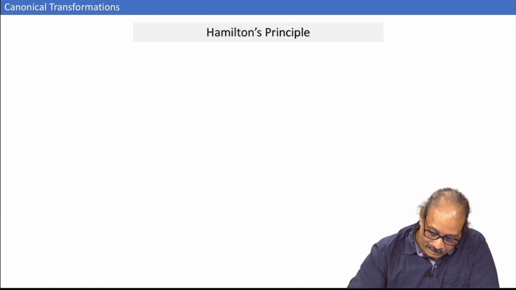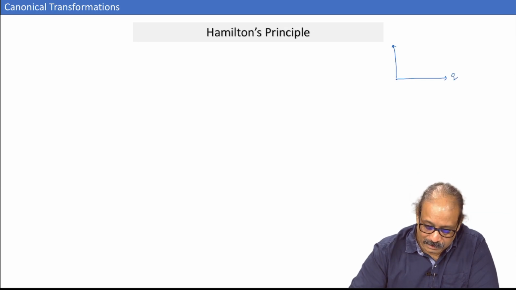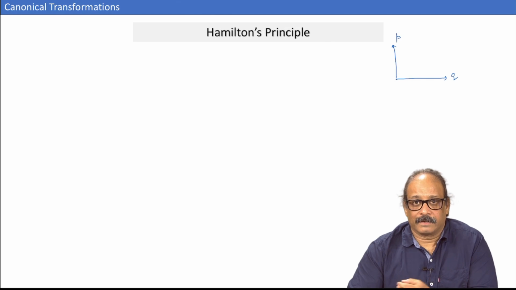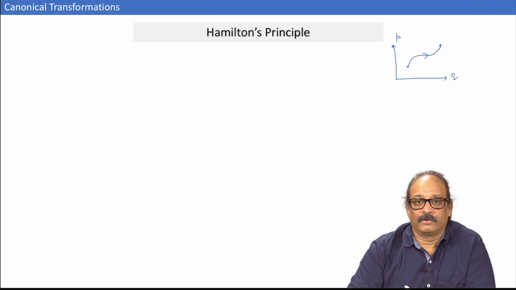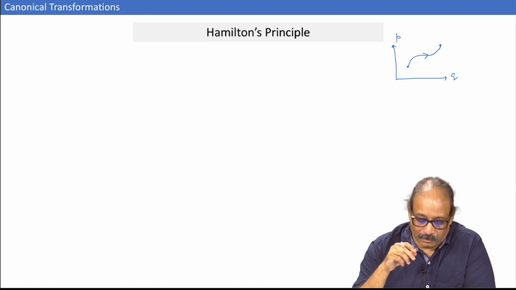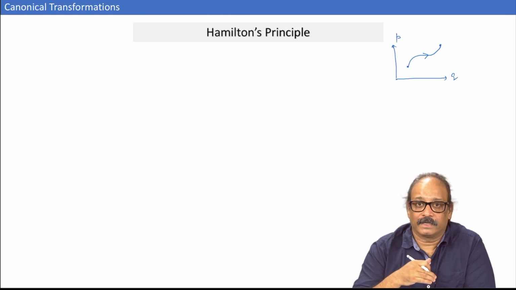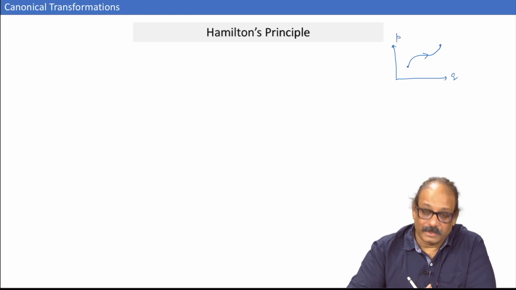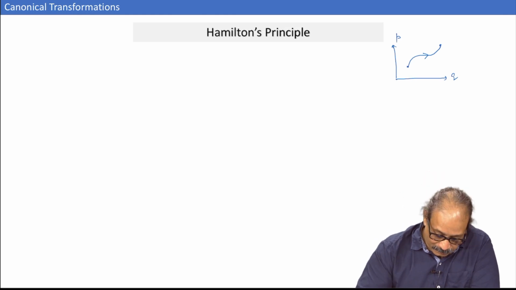So, think of it like this. I have the phase space. There are these q variables and there are these p variables. It is a schematic diagram, and then you take one point here and the other point here, and then we are looking for a path of the system, and of course, we know that this path satisfies Hamilton's equations, but how to get Hamilton's equations from some sort of a Hamilton's principle, some sort of a least action principle, and that is what we will look at first.